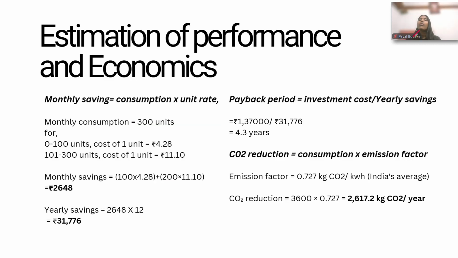Next we have estimation of performance and economics. So now we'll calculate monthly savings, which is equal to monthly consumption into unit rate. So monthly consumption is around 300 units, and for 0 to 100 units, cost of 1 unit is equal to rupees 4.28, and for 101 to 300 units, cost of 1 unit is equal to rupees 11.10. So monthly savings is equal to 100 into 4.28 plus 200 into 11.10, that is equal to 2648 rupees, and yearly savings will be multiplied by 12, that is